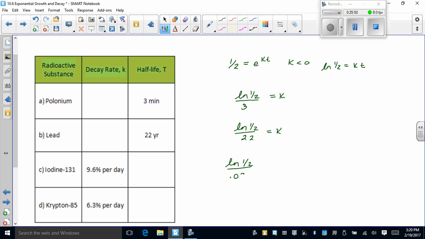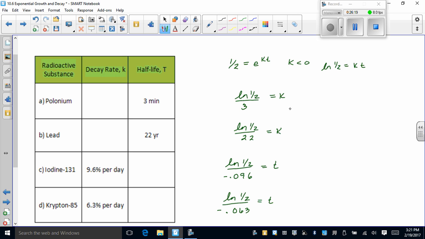And the last one, natural log of 1/2 over 0.063 will give us our t value. Now remember, k has to be negative, so we're going to throw a negative under it. Has to be negative, that way the time will come out positive, because natural log of 1/2 is a negative value. So we put these into the calculator, and the very first one